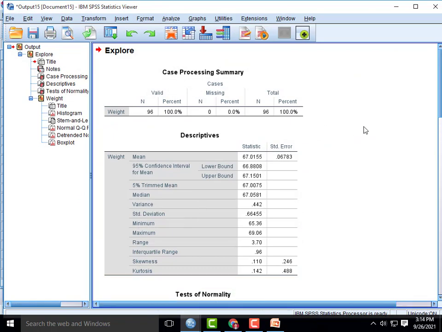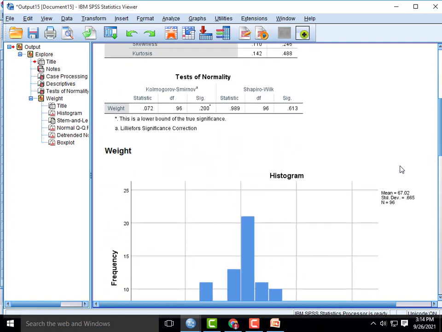So here we go: descriptive statistics, mean, median, variance, standard deviation and all. Then come to normality. To check the normality, we have the Kolmogorov-Smirnov test and the Shapiro-Wilk test. Just take this significance value and this significance value.